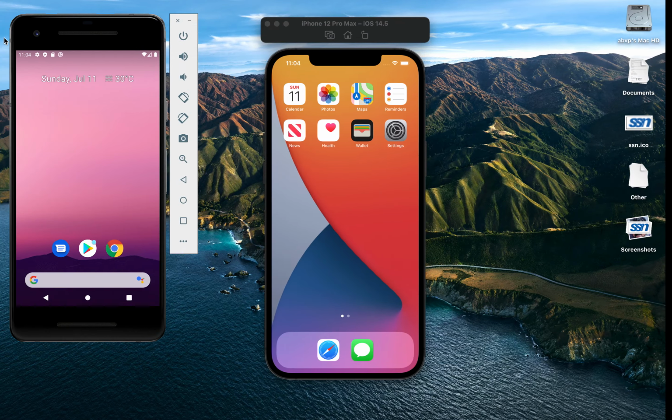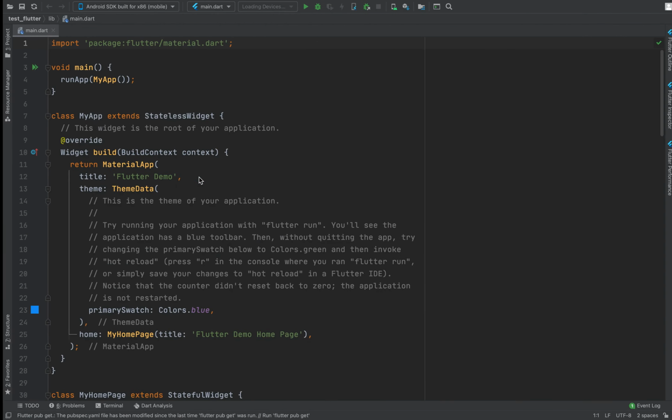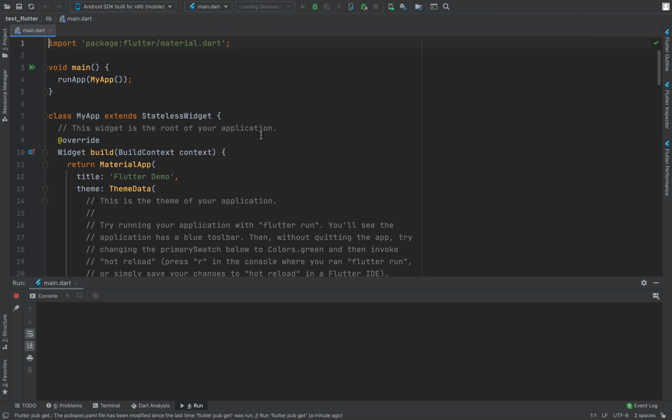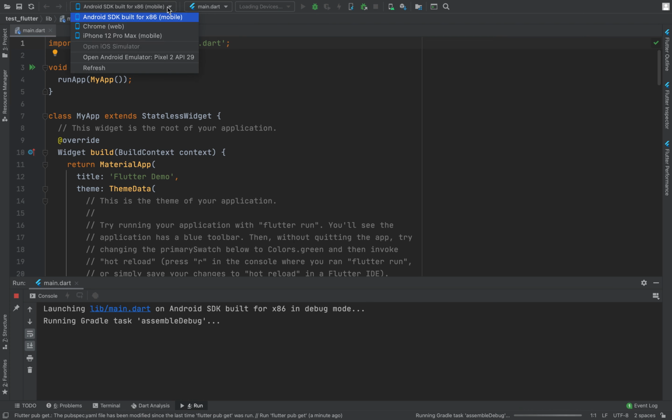So now that we have both the simulators also up and running, we can deploy this Hello World app here. This is essentially a counter app by default that Flutter gives us so that we can test it out. And from here, this is Android SDK, which has been selected. So we can hit the run button. So this will take some time, and you can see the information over here in the console. We can also start this probably parallelly onto our iPhone as well, which has been detected here, and run that.